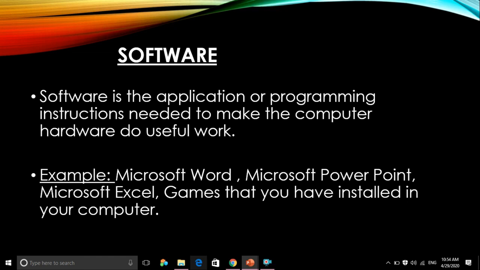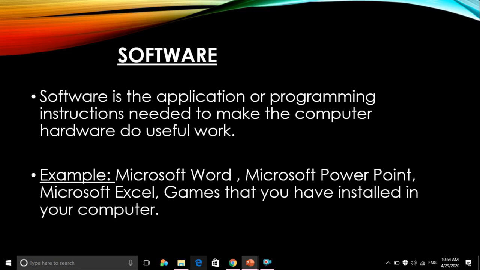So you can identify hardware and software by whether you can touch it or not. That is the main difference, okay? Software means you can't touch it and it will be inside your computer, like a program, like the games you are playing, or Microsoft Excel, Microsoft PowerPoint.